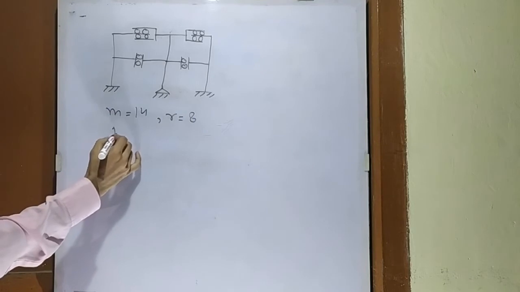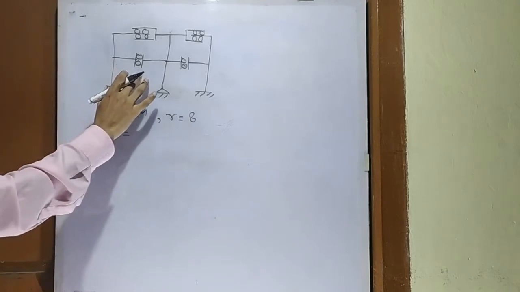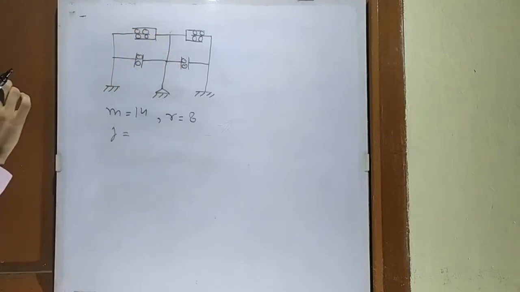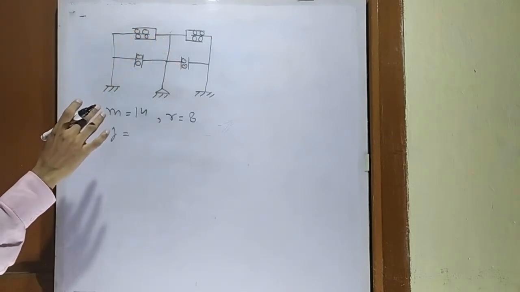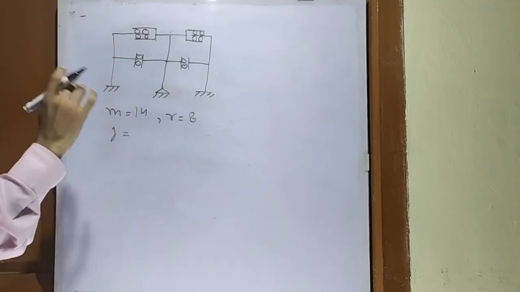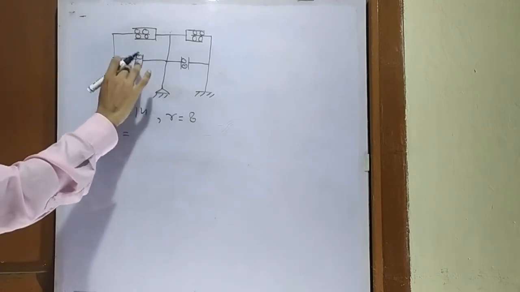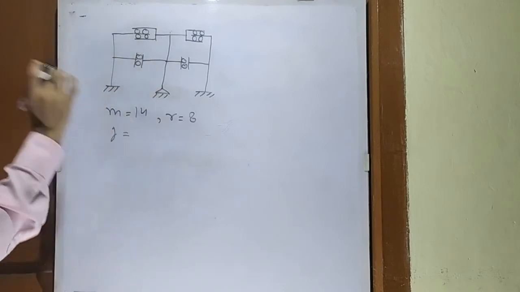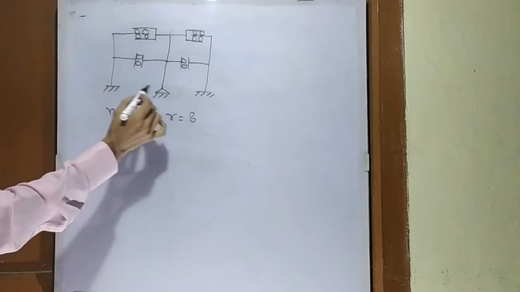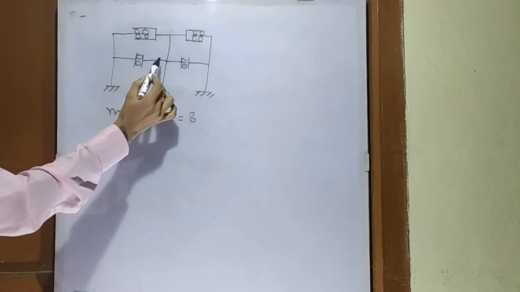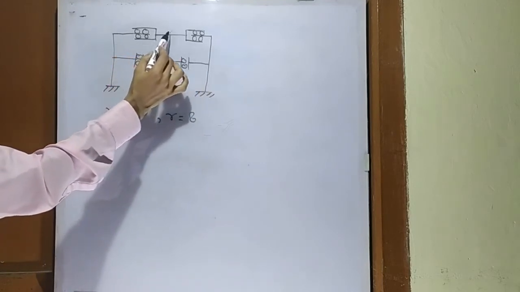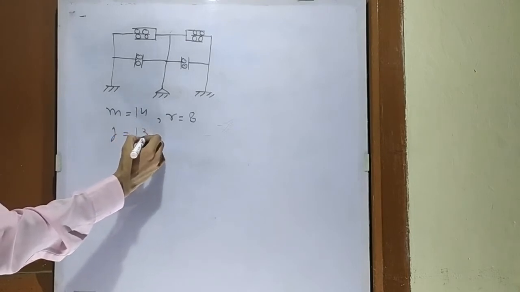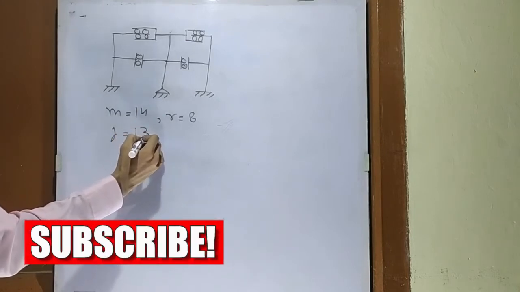What is the number of joints? This is important. We are considering all these guided rollers as releases. So we will count the releases at these internal hinges, and each guided roller will be counted as a joint. So we will count the number of joints: 1, 2, 3, 4, 5, 6, 7, 8, 9, 10, 11, 12, 13. So the number of joints is 13.